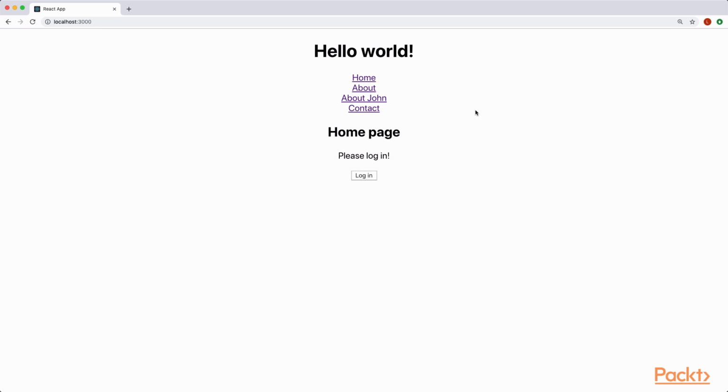One of the most common use cases of React is to build multi-page applications. So in this section, we're going to work on building this simple interface out with a few different links that take us to about a particular person, a contact page, and the ability to simulate a login functionality where when you do, it takes the user to a different page. So we're going to be learning about redirects and the ability to log somebody out and take them back to